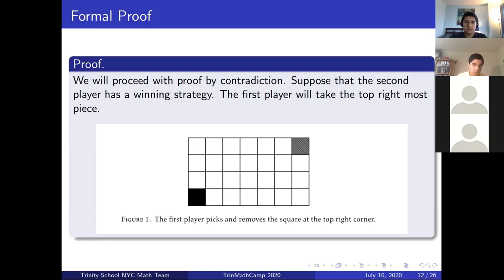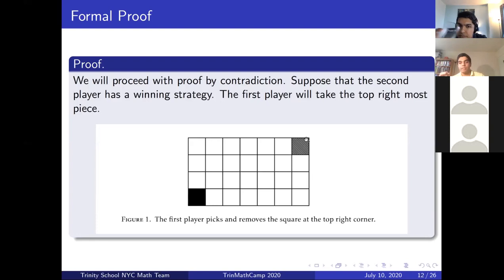So suppose the second player has a winning strategy. The key realization, we'll get to it in the next couple of slides. So we'll suppose that the second player has a winning strategy. Let's say the first player takes the top rightmost piece. So he takes